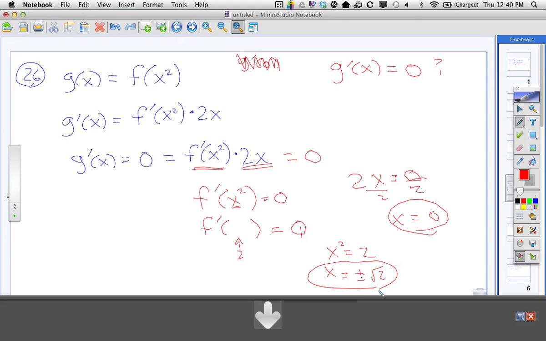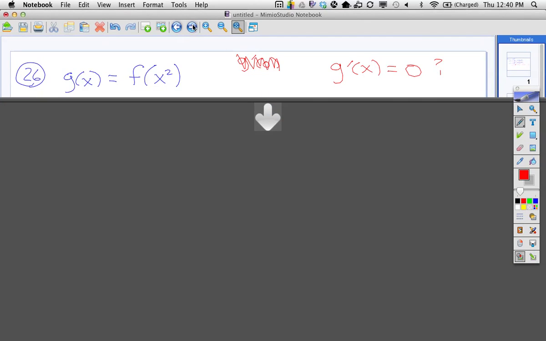It's a little bit different way of looking at it. You probably did some of that in Algebra 2 with composite functions. That's what's going on. There's going to be another one very similar to that when we get to 31. Okay, 27,